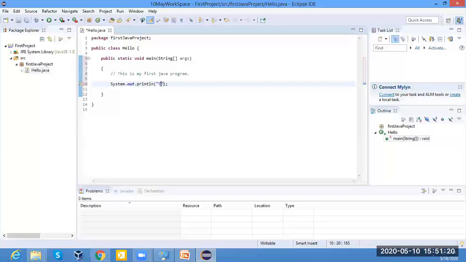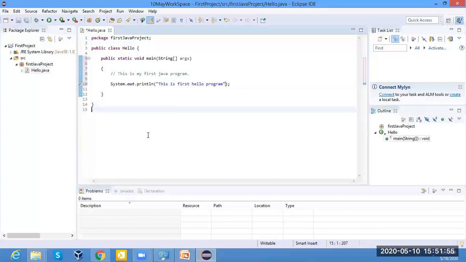What will this line do? This line will print this message, which is in inverted commas, in our output console. So remember that this is a function that is always used to print a line in our output console. So our first program has been written successfully.